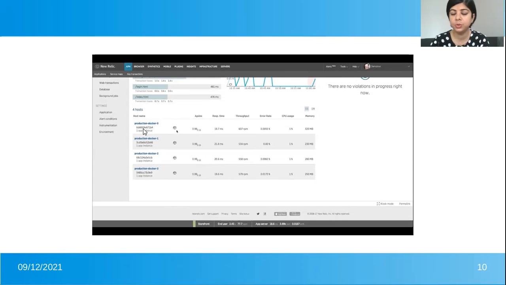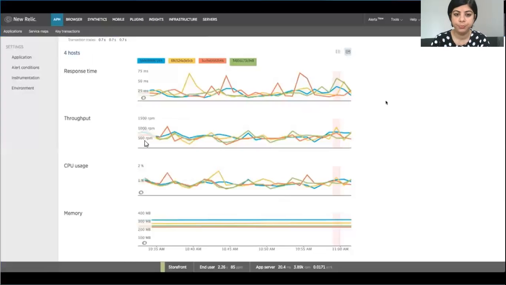If we click individually, we can see the individual response of that particular host. When we want to compare, suppose here we have only 4 hosts, so it's easier to see and compare the response time of which server is working fine, which server is slow. But if the number of hosts is more, then we can see it like this.